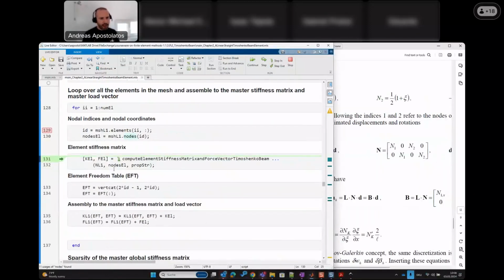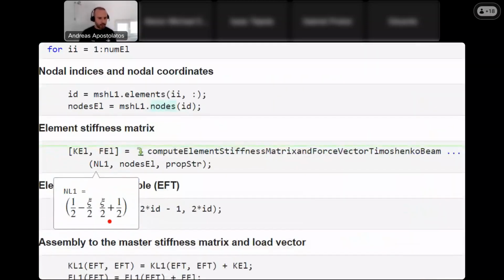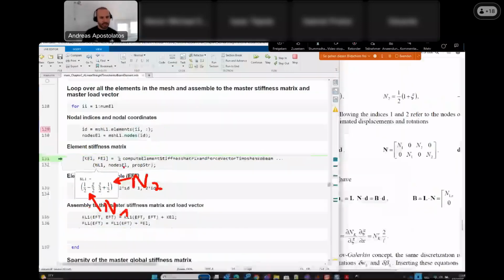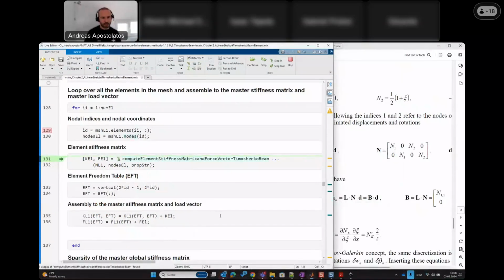And now I have basically the description of my basis functions. Please note that it's in a symbolic form. That's the n1, and that's the n2. And I have it in a vector. I pass them into this function here, the compute element stiffness matrix, and so on and so forth, that I showed you before. I also pass the nodes. I'm actually interested in the nodal coordinates. And lastly, I'm also passing